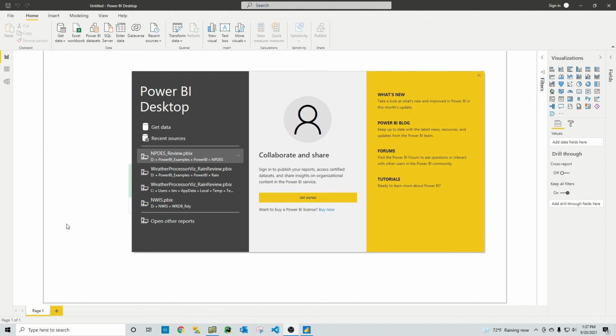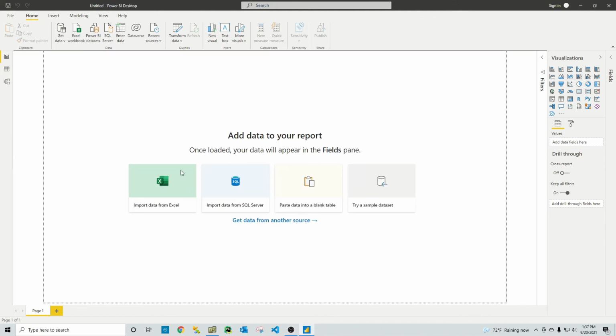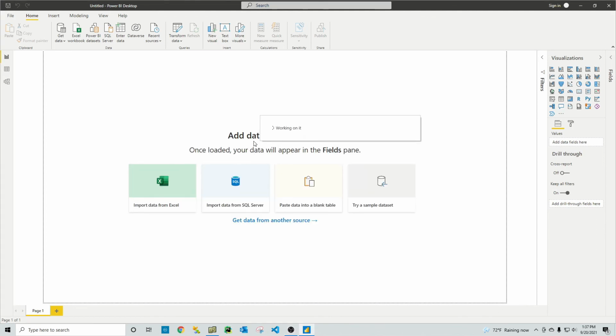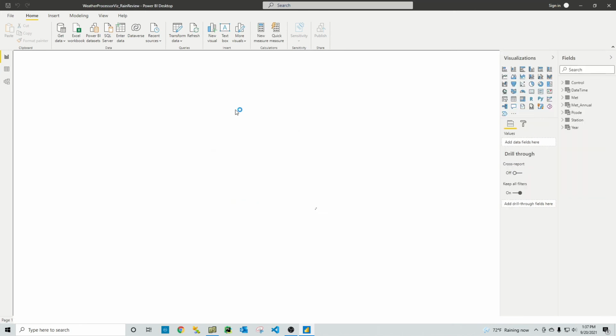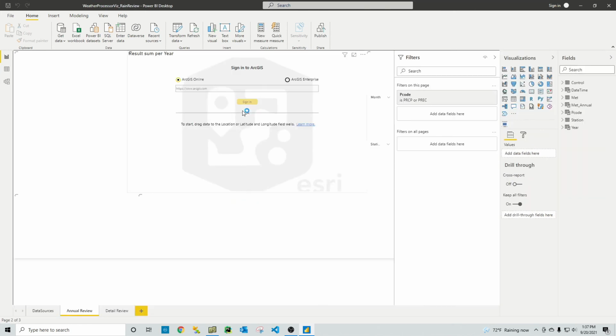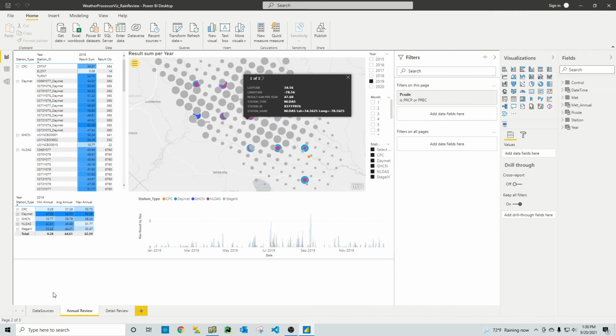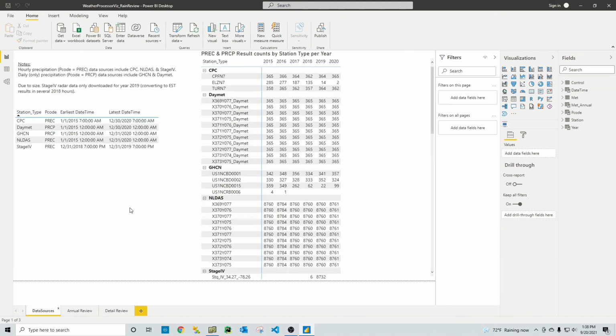All right, the last one I'm going to show you is one that we use to analyze weather data that we download with the Region 4 weather processing tool. And again, this allows us to do a quick look to see where we have missing data, if there's any discrepancies with the given source of data. So I'm going to just start off with a summary of the data sources, and this is all the data that's being considered in this, what kind of station was used,